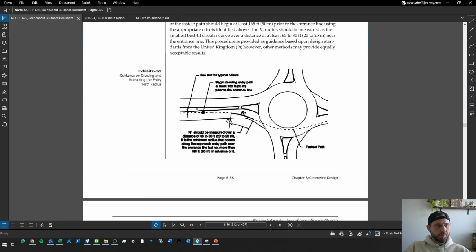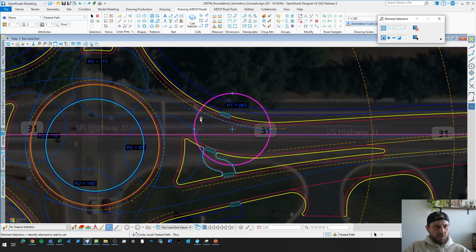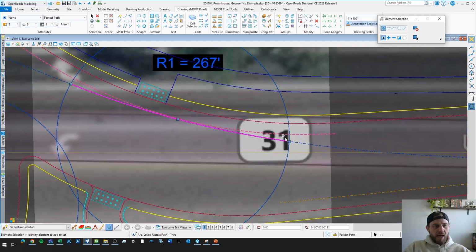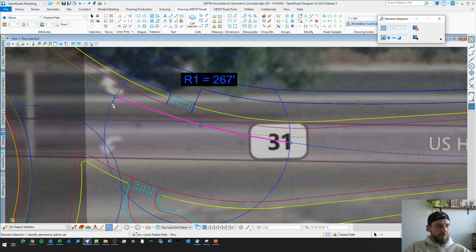it talks about basically this R1 value should be measured over a distance of 65 to 80 feet. And it is the minimum radius that occurs along that. So when I'm mapping these out, I just create a circle. This is a 70-foot, so 35-foot radius, I believe. And now I just know when I'm putting in my line for my radius that I'm trying to determine, after I get this to be my best fit B-spline, I'll attach on to those,